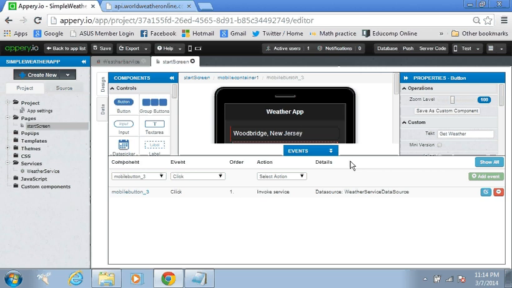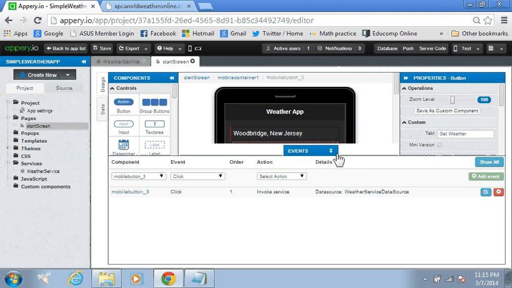Plus there are things like security, things like OAuth 2. All these things are very much possible in this platform, though this is a little bit beyond the scope of the simple beginner's tutorial. But rest assured that all these kinds of complex things, including integration with payment gateways, are very much available in Aperi.io. And getting a jump start into making a mobile application is extremely easy using this platform. So that's what I wanted to point out.